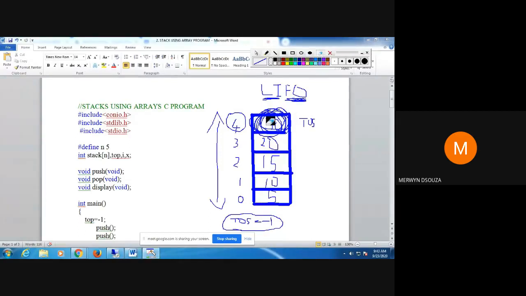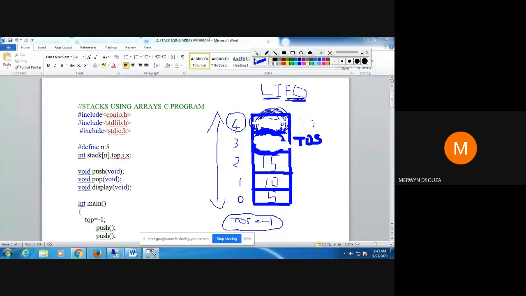If I start popping, 30 would get deleted from here, and the top of the stack would be decremented to the next location where data is present. Now 20 was the second last element to be pushed, so if I pop, 20 will be the second element to be deleted, and so on.